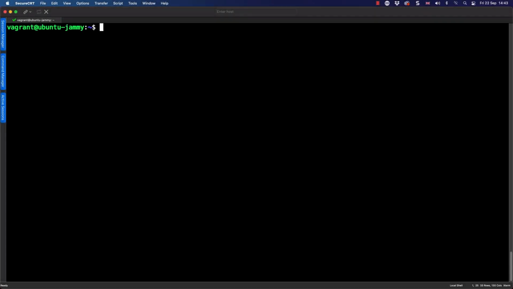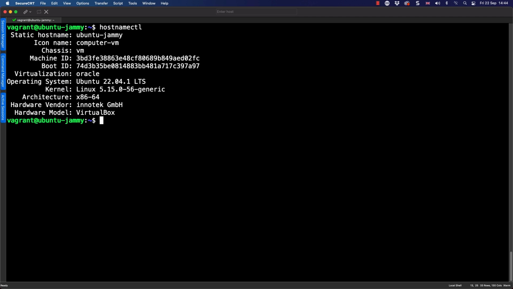And hello and a big warm welcome to the command line of my Vagrant system. This is running Ubuntu 22.04, so the latest and greatest LTS version. We can always use the hostnamectl command to be able to print this, and we can see then it is 22.04.1. However, what we're looking at is going to be vaguely the same across all Linux distributions. The only difference is going to be the default value to the variable that we're going to be concentrating on.